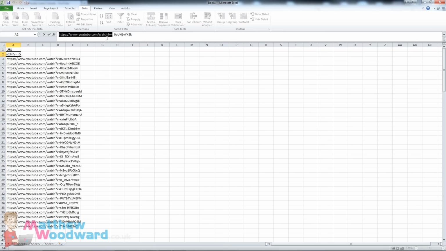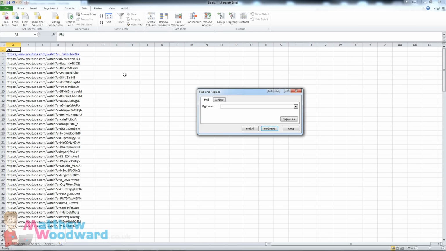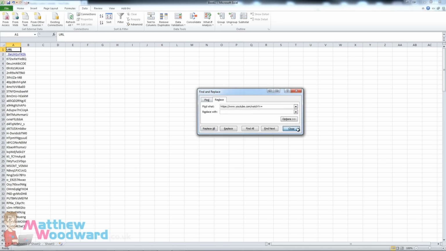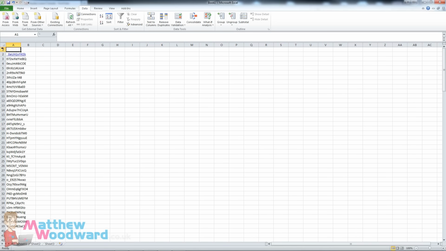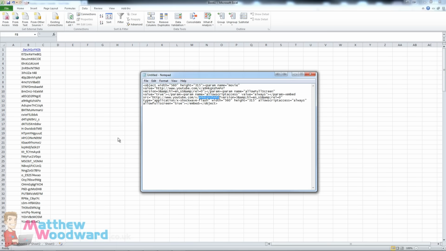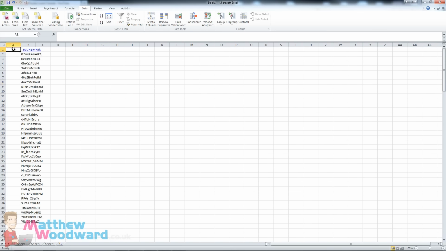we want to copy all of the URL up to the equals and including the equals. Click on find and replace that with nothing. So then all we've got is a list of video IDs, and we can just move that here. So if we come back to our YouTube embed code, we can see that the first video ID is there. So if we copy this and paste it into there and fill it down,